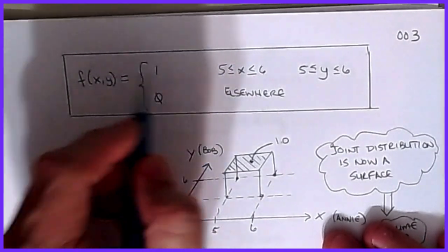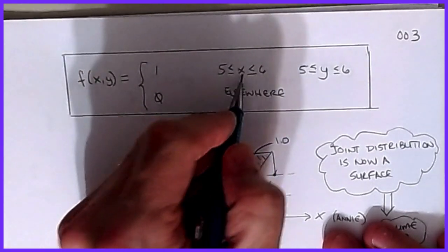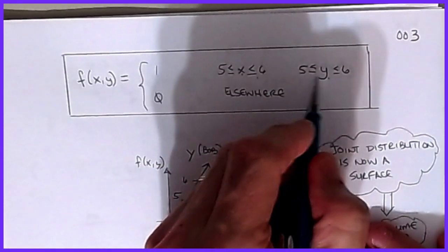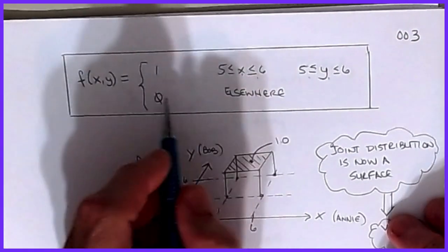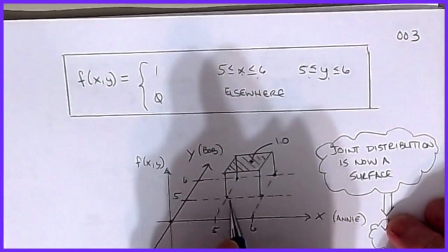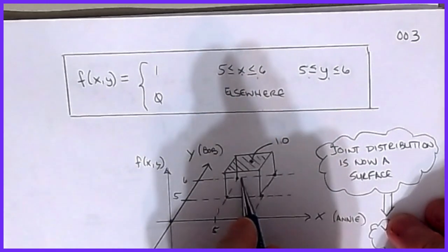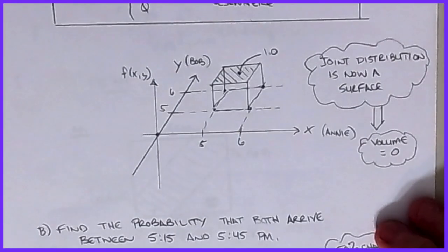Okay, so the marginal of x and y is a 1.0 value for x between 5 and 6 and y between 5 and 6. Okay, because that's the only time that they're all going to arrive. And then it's 0 everywhere else. Now, if I draw this as a sketch, because it's uniform, I can see it fairly easily, that if